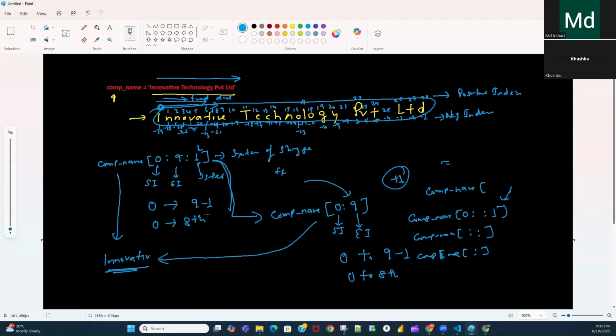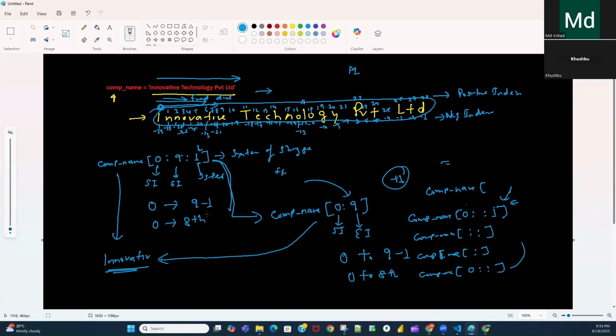So now in the first case, what will happen? Tell me, what if we don't give the value one, like just 0::? This will also give me the same data, the complete value. So how will it give the complete value? We'll see the first one. Here you have defined 1, right? That means the step is 1, so it will fetch the data in the forward direction.